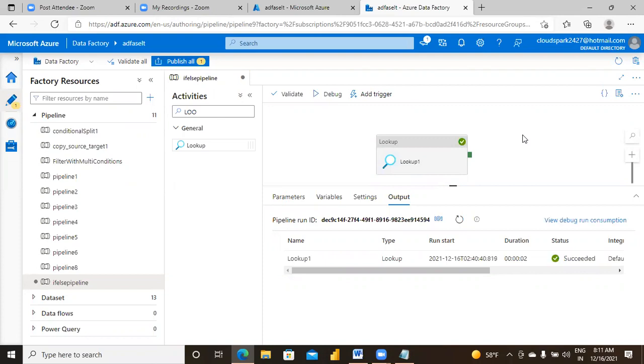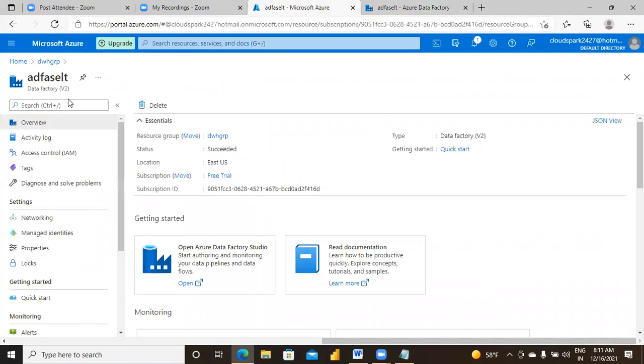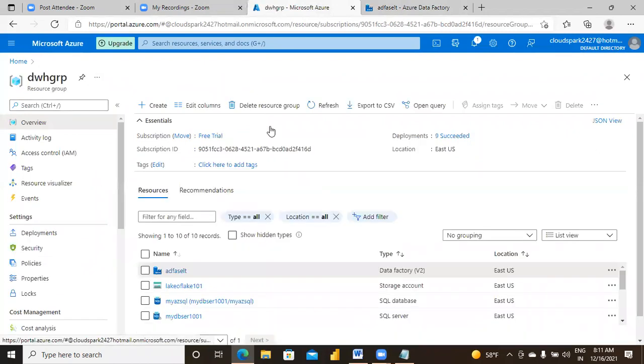Yeah, succeeded. What is the input for this lookup activity? That means one data set, the employee data set. First, check the file of that employee data set. Yeah, here it is.